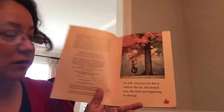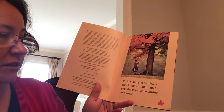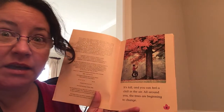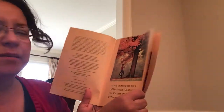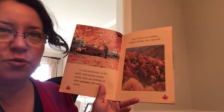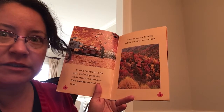It's fall, and you can feel a chill in the air. All around you, the trees are beginning to change. And I want you to see if you notice the trees around where you live. Are the leaves changing colors? We're going to find out why. Remember, we talked about how there's a chill in the air, right? It starts to get a little bit cool, and we're starting to wear longer sleeves on our outfits,